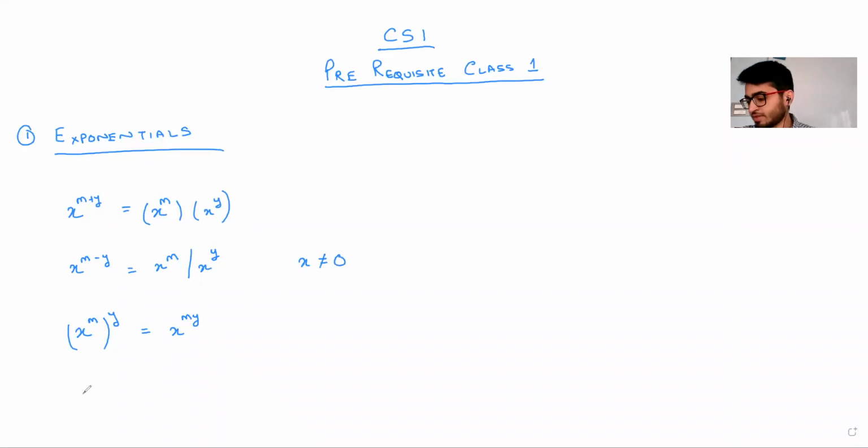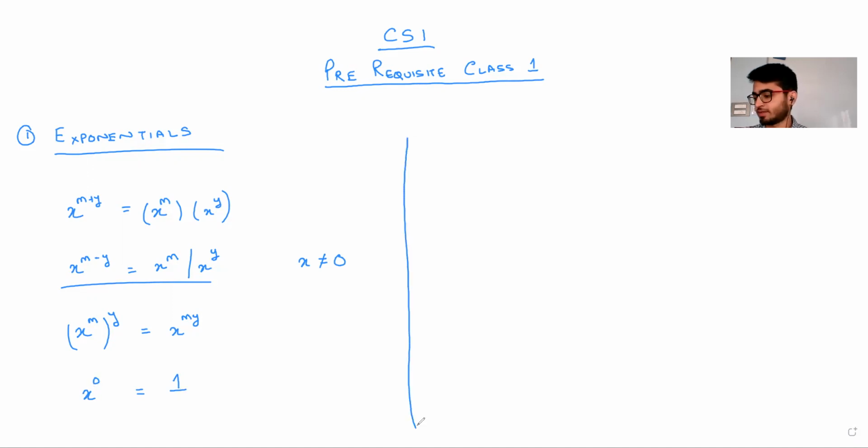Then another rule which we have is any non-zero number to the power 0 is nothing but 1. Few of you might want to think, why does any non-zero number raised to the power 0 give us 1? So you could simply apply, let's say, this is known as the quotient rule. The first one could be termed as the product rule, and this could be termed as the quotient rule. So using the quotient rule, we can derive this property that any number raised to the power 0 gives us nothing but 1.